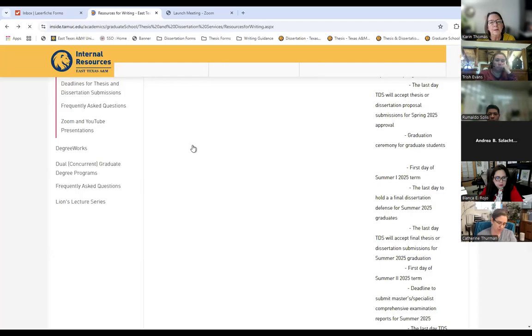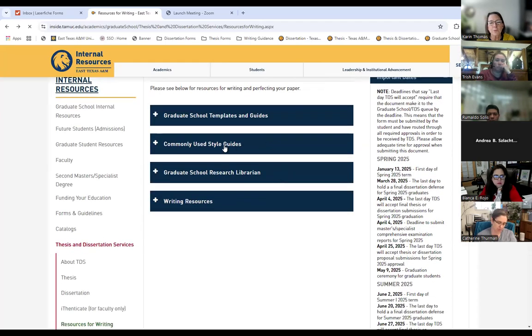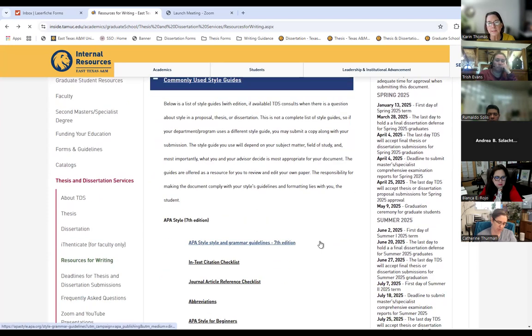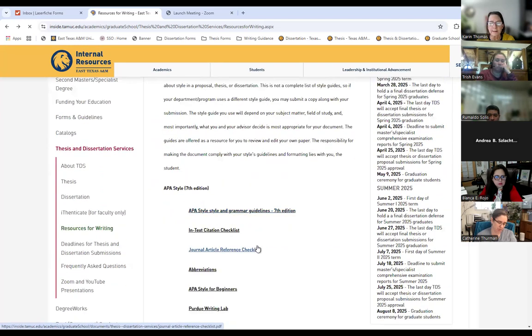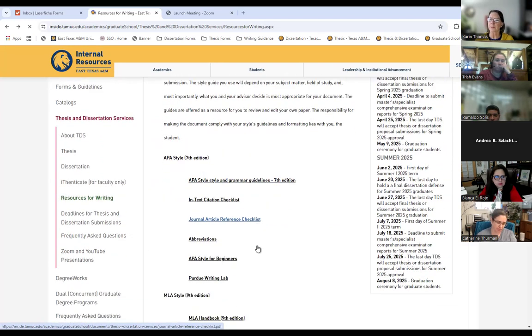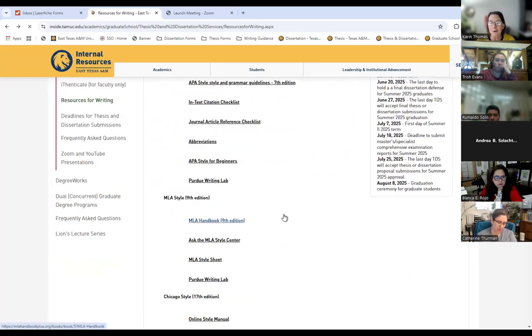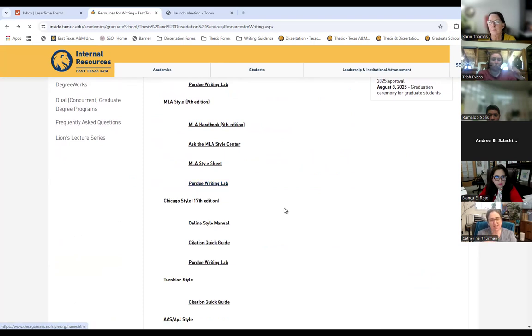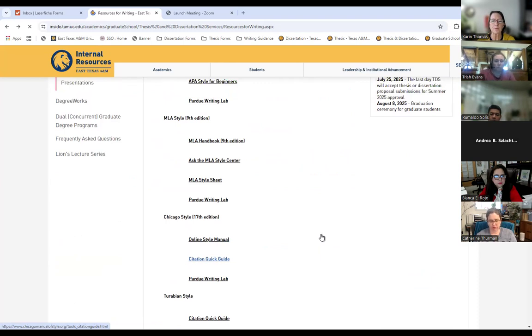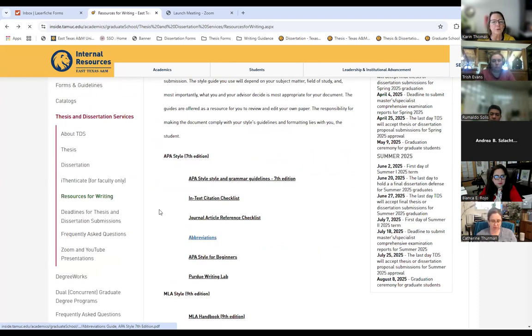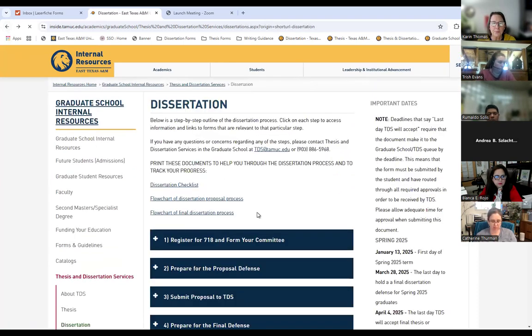So while we're on this page, I also want to point out that we have style guides. APA doesn't have it online, but they do provide a lot of information online, which I know most of you will probably be using APA. The MLA 9th edition is online, so if you're in the humanities, you may use MLA, Chicago, or Turabian. Those are often used for the humanities. So just be aware that is available to you here, as well as,